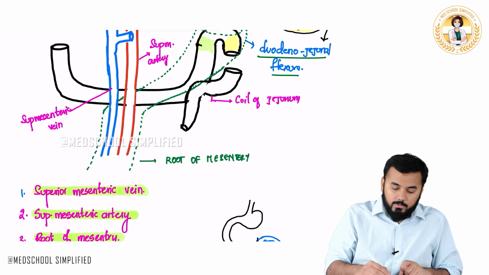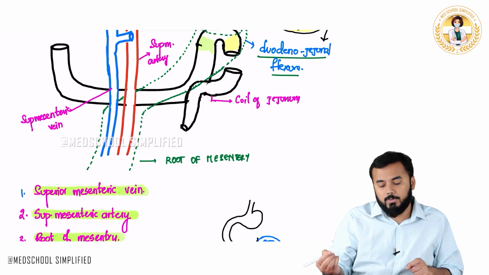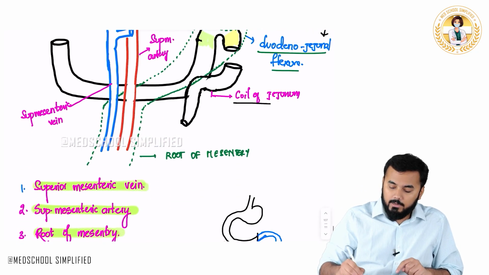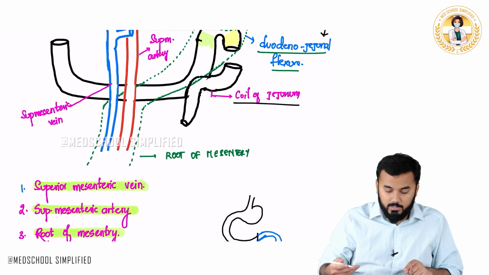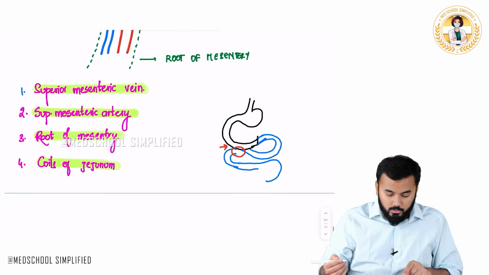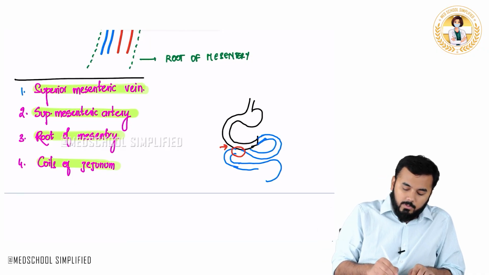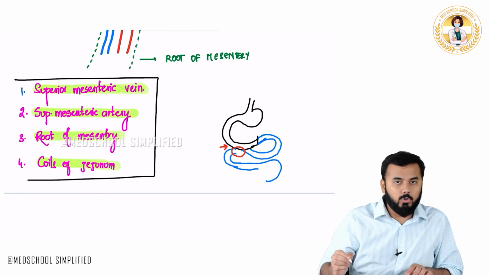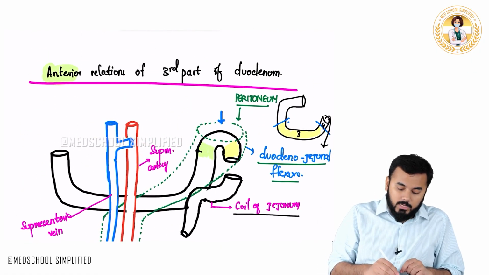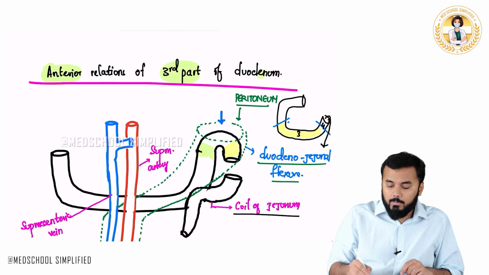Okay, so the coil of the jejunum is present in front. I think this is clear now. Why? Because I am discussing the anterior relations. So regarding the anterior relations, obviously the coils of the jejunum should be in the front, right? And the root of the mesentery also should be in the front, right? So these are the things. If you even just remember these four important points, that is more than enough. So these are the structures that are the anterior relations of the third part of the